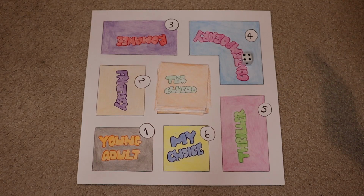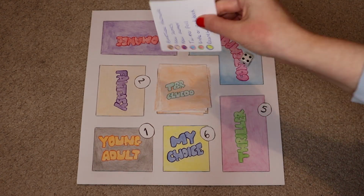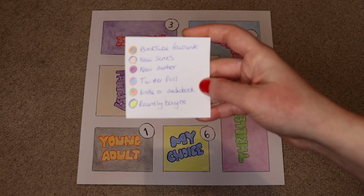Okay, so here we go with roll number 2. For my second roll, I got a 4, which gave me the genre contemporary, and the prompt to go with it was Twitter poll. And so for this, I went back through my Kindle and found 4 contemporary fiction books that I really want to read and that I've had for probably nearly a year, if not more than a year. I put a poll on my Twitter and asked people to vote for what book they would like